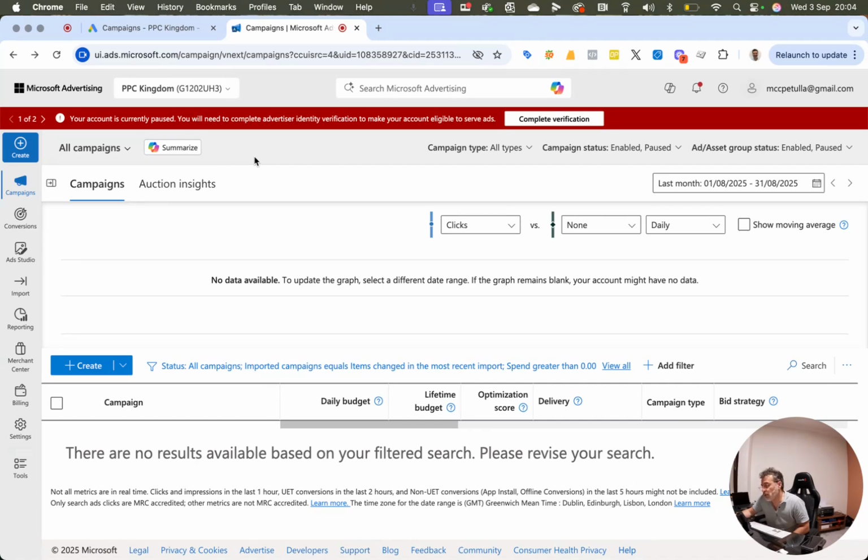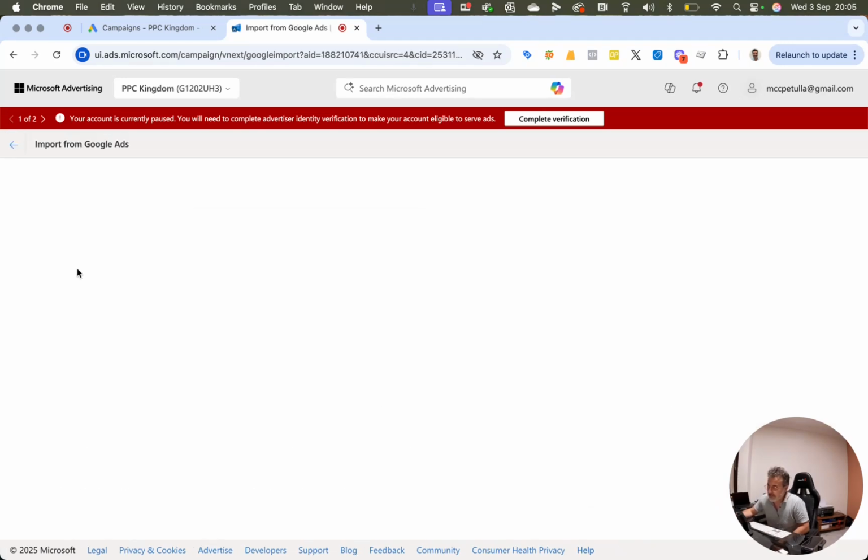Then what you will do is go to the left-hand side menu, the vertical one, and hover over Import, where you will find Import Schedule and History, Import from Google Ads, Import from Meta Ads, Import from Pinterest Ads, Import from File. Now, while importing from file is a very strong option, for the sake of this video we're going to explore how to import directly from Google Ads. So we're going to click on Import from Google Ads,